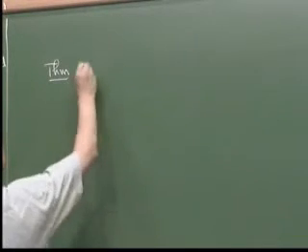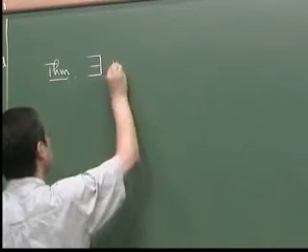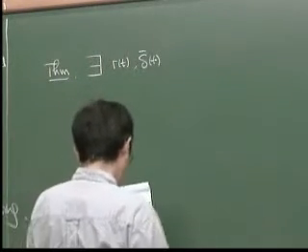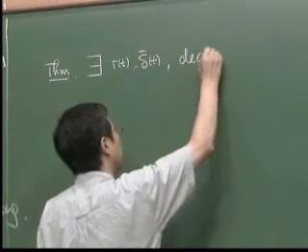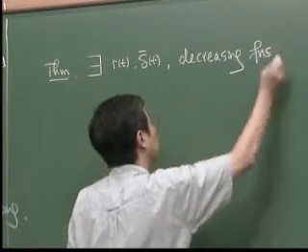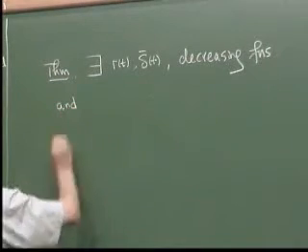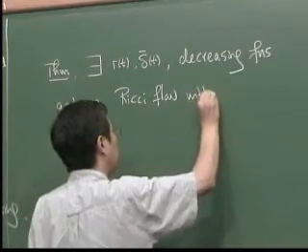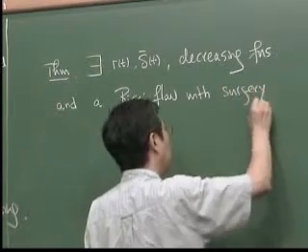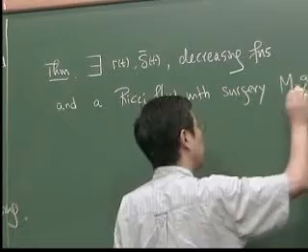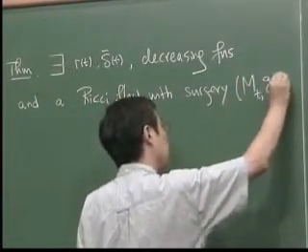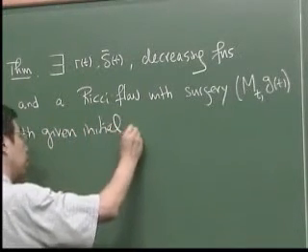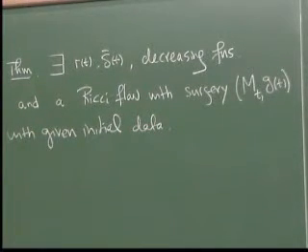So there are two functions, R(t) and delta bar(t), a decreasing function, and the Ricci flow with surgery. So let's see, M_t, g_t with the normalized initial data, with the given initial data, which I already stated at the beginning, such that